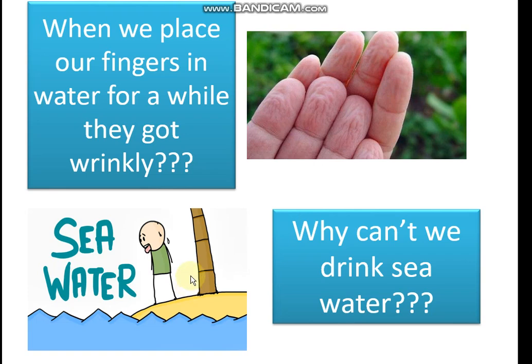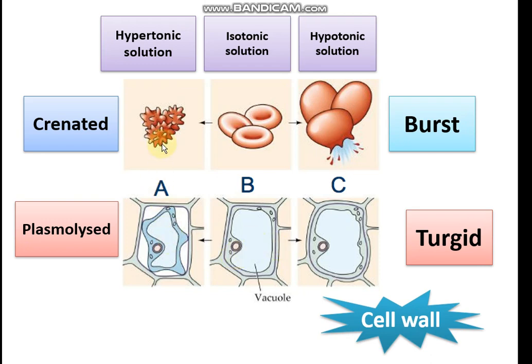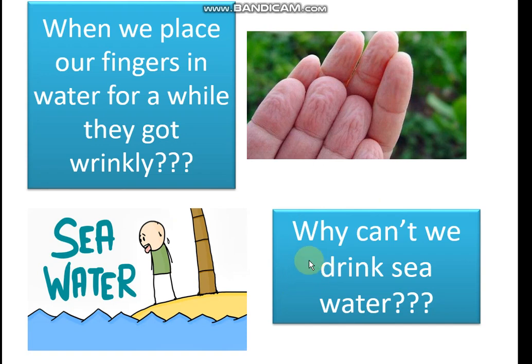The answer is it has a higher salt concentration, and it will result in the shrinking of the cell. Yes, in this condition, the cell will be crenated. And what happens to the cell if we place it in pure water with the highest water potential? If we place the animal cell in the highest water potential, the animal cell will burst, because the highest water potential means the water will move into the cell by the process of osmosis, and as there is no cell wall to protect the animal cell, the cell will burst.